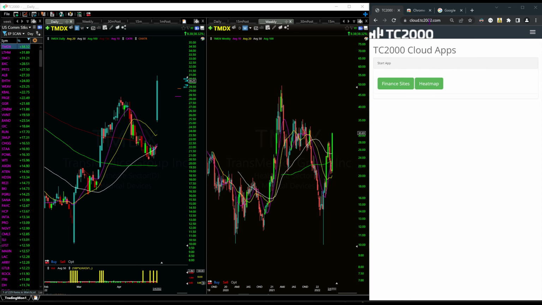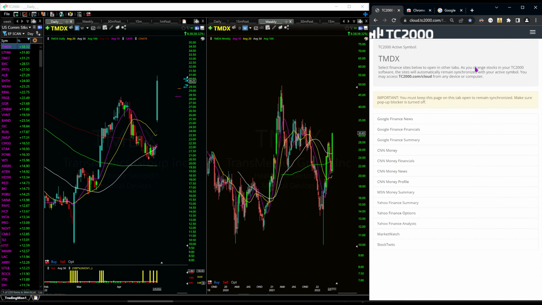So I go to cloud.tc2000.com, and you can read up on what the cloud is for TC2000. When you go to this, I think you have to log in to your account first, and then when you do that, you'll have these finance sites and heat map, which will link to TC2000. So basically, I'm going to click on finance sites on the cloud, and when I do that,